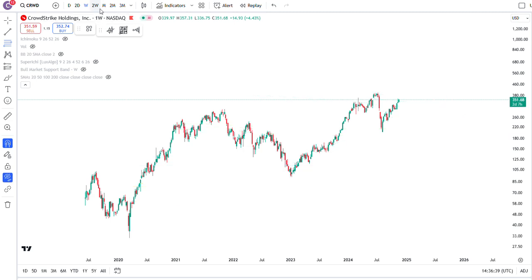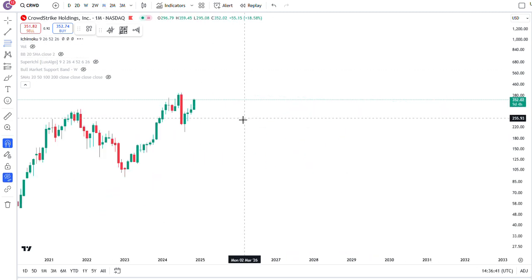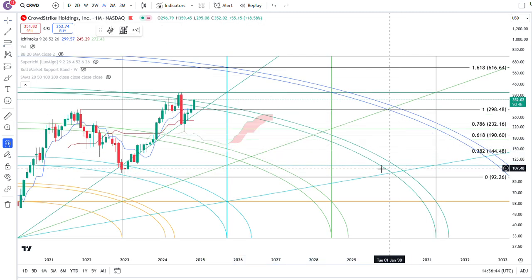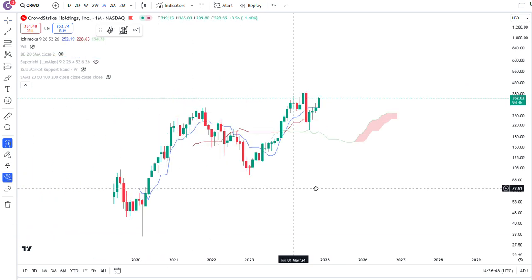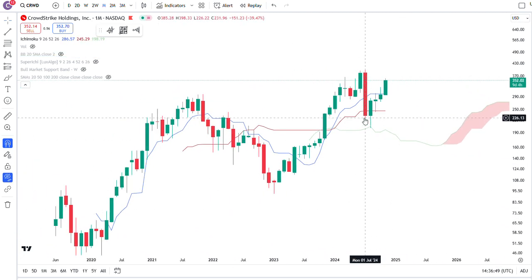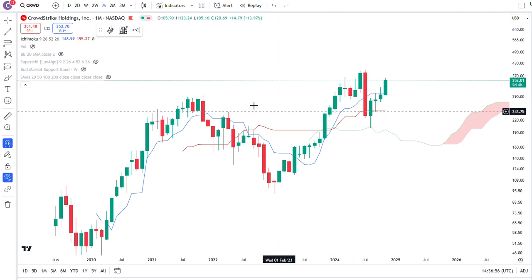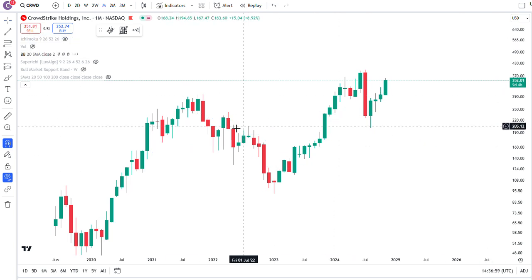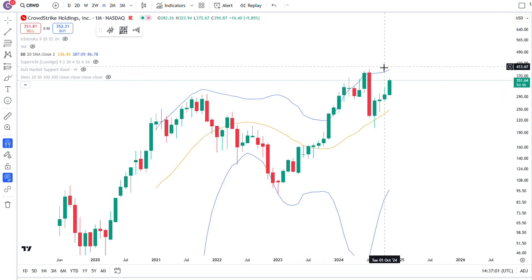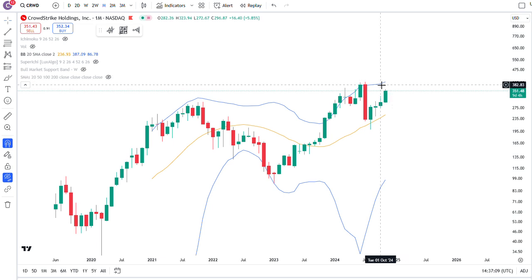Some of the other things I generally look at are also pointing to it being a pretty bullish stock, which is the Ichimoku cloud. It was initially a little bit too far overextended, came back, tested the leading span A here, found support, and now is back above the Tenkan Kijun. All of these are very, very bullish. Even on the Bollinger Band on the monthly here, you can see it's not overextended. It's got room to go up over the next couple of months to even 400 and beyond. It looks like the upper Bollinger Band is starting to expand again. So CrowdStrike is pretty bullish. Very happy about CrowdStrike right now where it's at.